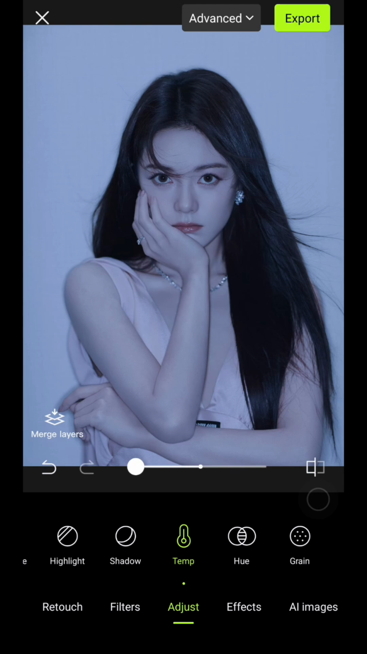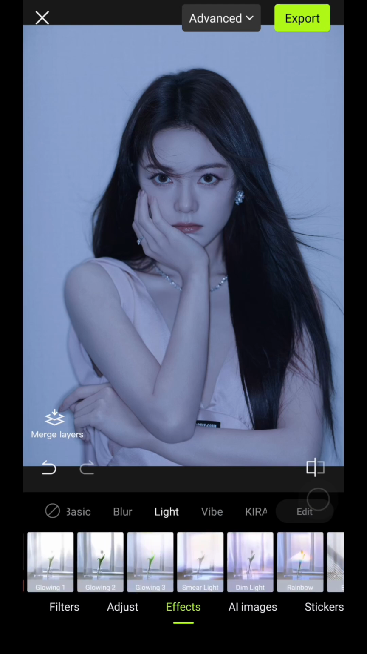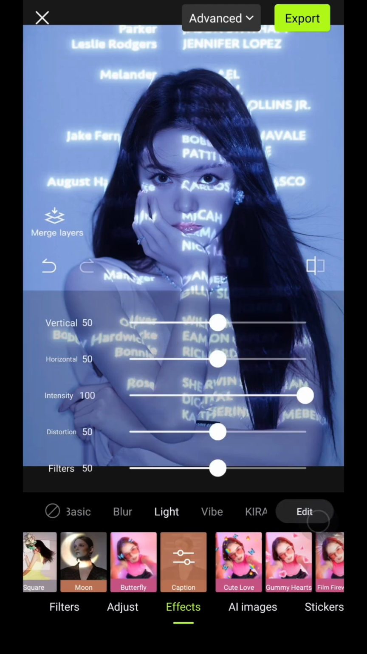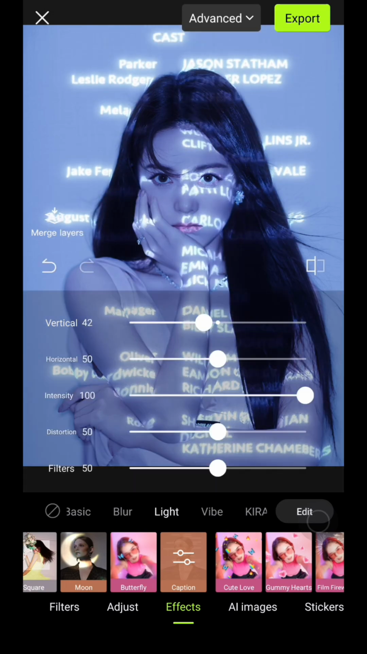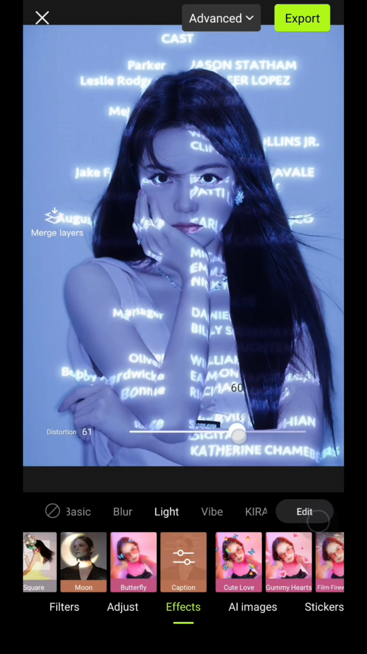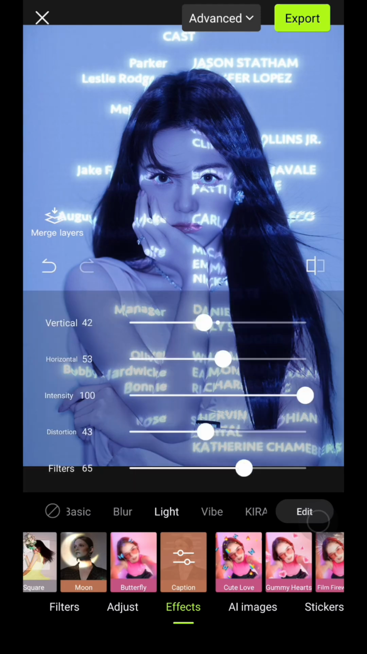And now let's add the key element. Go to effects and then light and then search for captions. This one, like this. And then just adjust the positions and then adjust the distortion intensity as you like. For example, like this. This will create the iconic projector type text overlay effect, while giving the impression of light